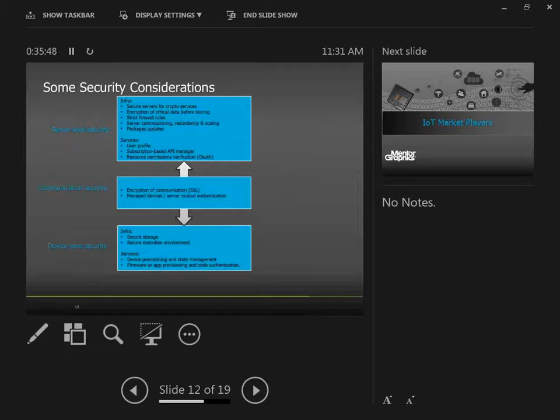All the servers obviously have to be secured from the internet viewpoint. So this is about firewall rules, and about all the backend security that needs to be implemented.